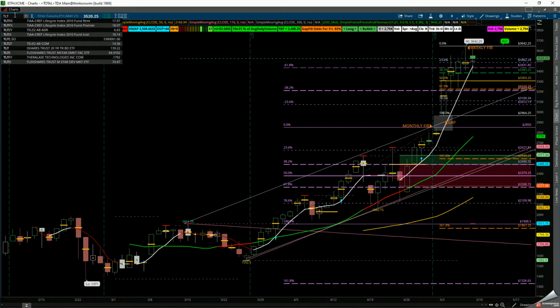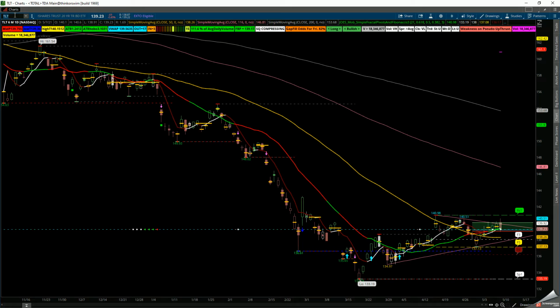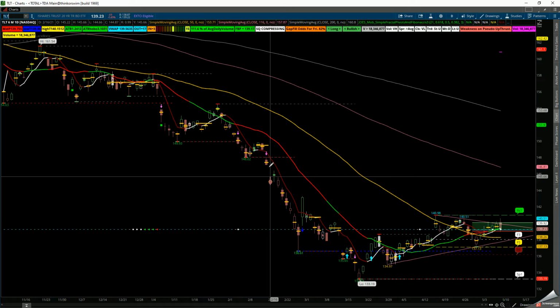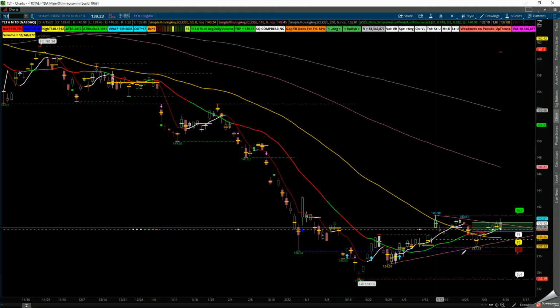TLT, which is the ETF fund for the bond market. You can see, this is the 20-year treasury. I usually use the IEF. We have this professional gap. We have this gap here, because interest rates have been starting to climb, but they're saying you have to be